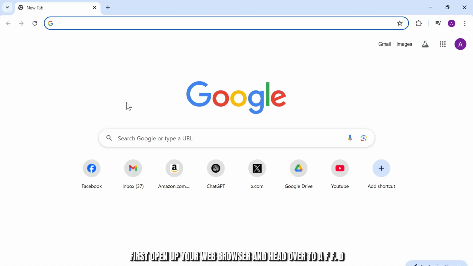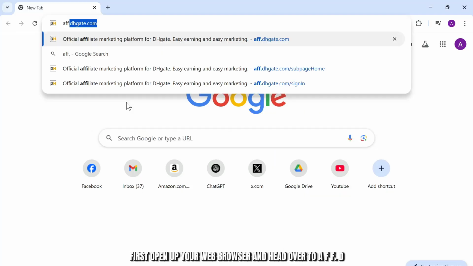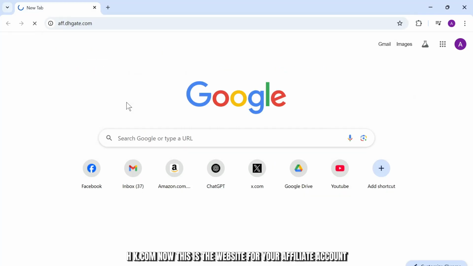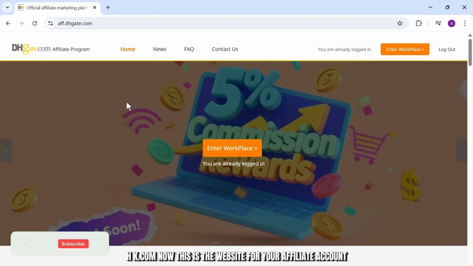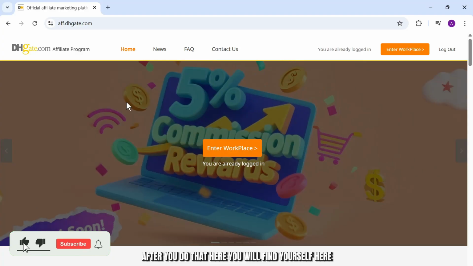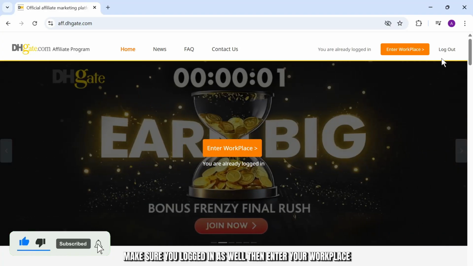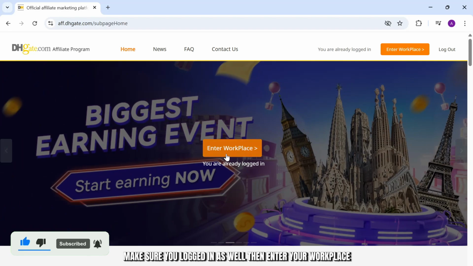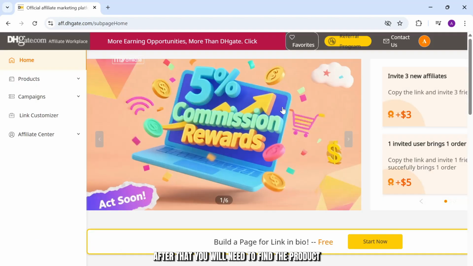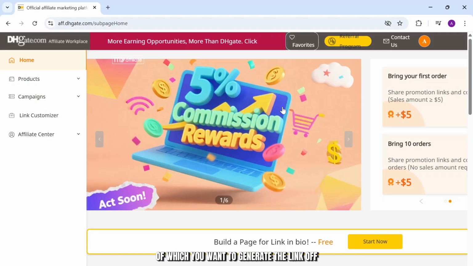First steps first, open up your web browser and head over to aff.dhgate.com. Now this is the website for your affiliate account. After you do that, you will find yourself here. Make sure you're logged in as well. Then enter your workplace. After that, you will need to find the product of which you want to generate the